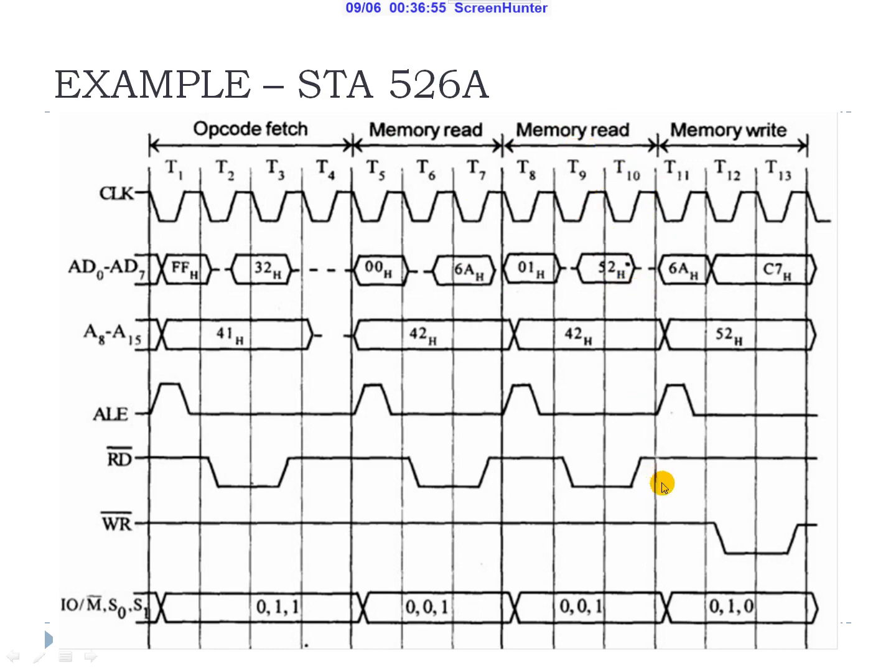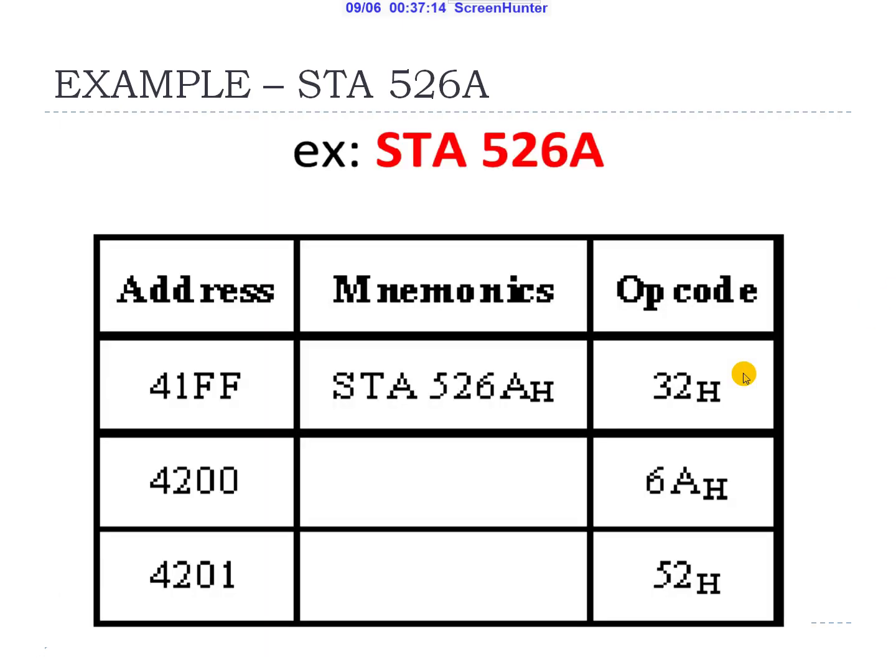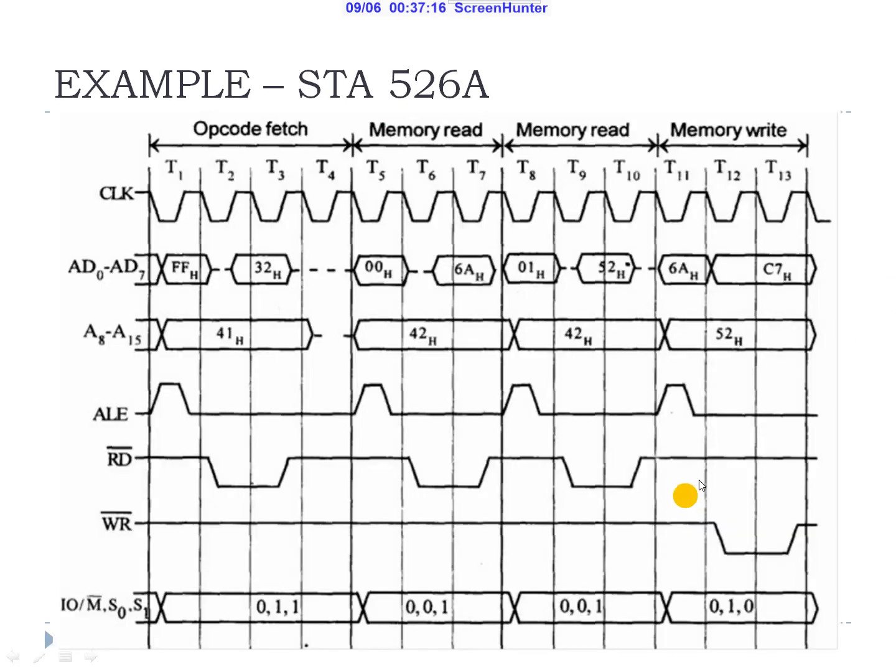After that you have to write this address into the accumulator, that is, from the accumulator to the memory address. The data inside the accumulator is C7, and that has to be written. Here you can notice that this lower order address is repeated, so you can repeat this. So the data has been given.